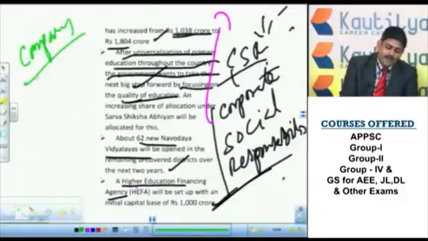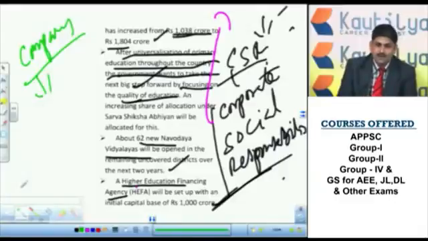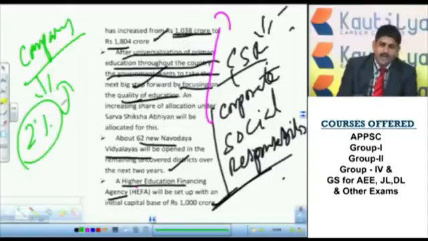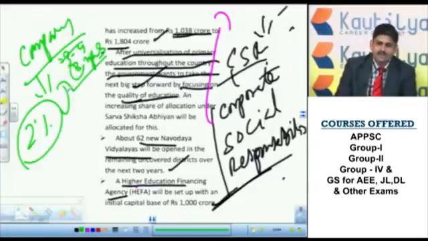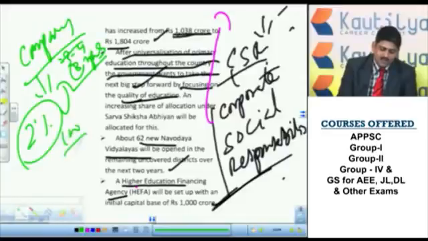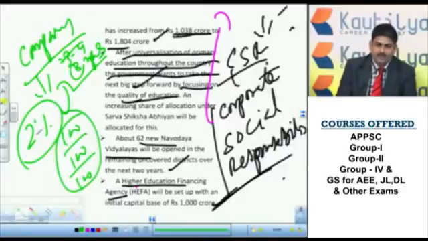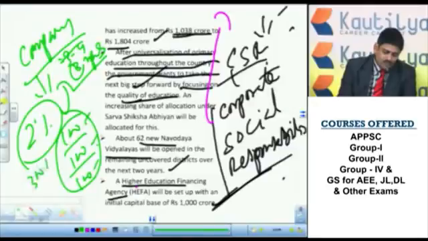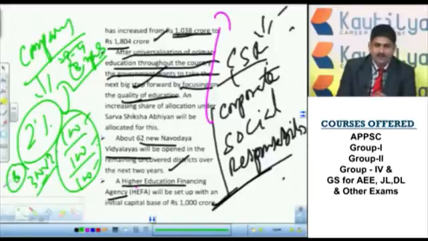every company has to spend, for the social development of the country, at least 2% of the average profits of the last 3 to 4 years. Okay, last 3 years you take. Suppose a company is getting a profit of 100 rupees in the first year, 100 rupees next year, 100 rupees the next year, total profit is 300 rupees. I am just giving you some figures. So out of 300 rupees, 2% means 6 rupees. In total, that particular company has to spend this 6 rupees for the social sector.